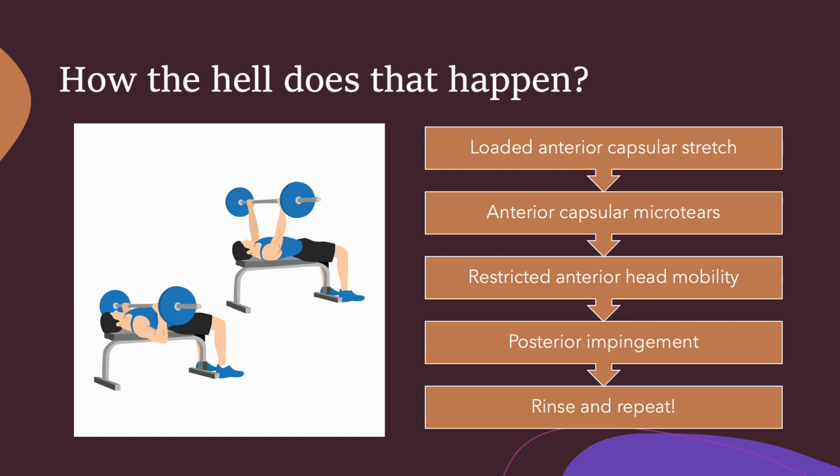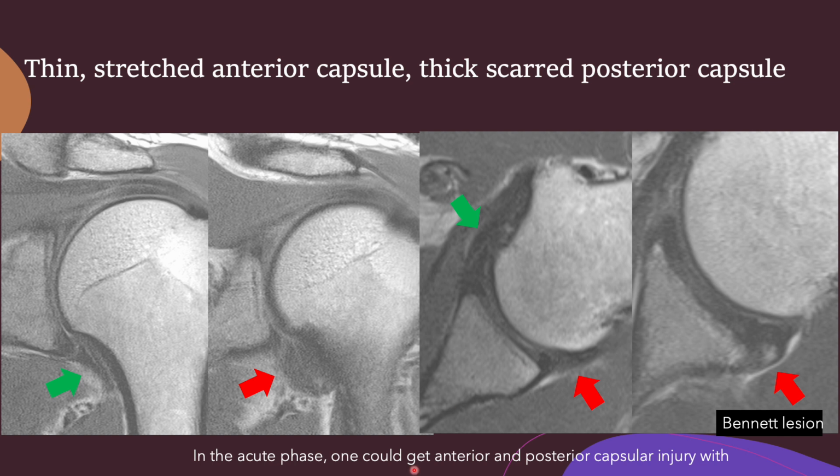You get posterior impingement. And then this, again, the posterior thing pushes anteriorly and the whole process continues. So here, for example, you can see somebody who's got inferior capsule is normal here. You can see the posterior inferior thick capsule in this patient. Now you can see this in adhesive capsulitis also, but usually these patients will not present with that adhesive capsulitis